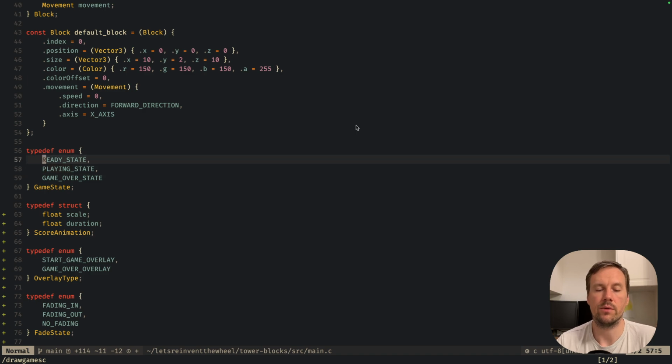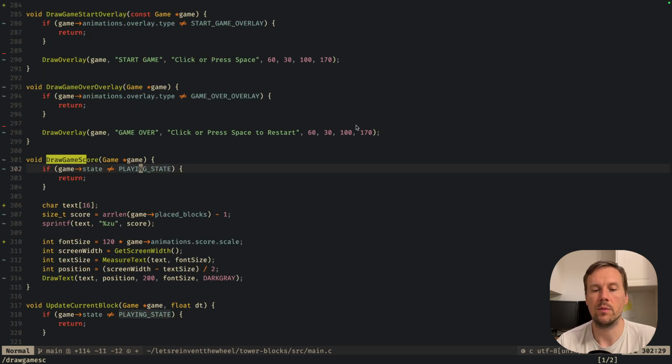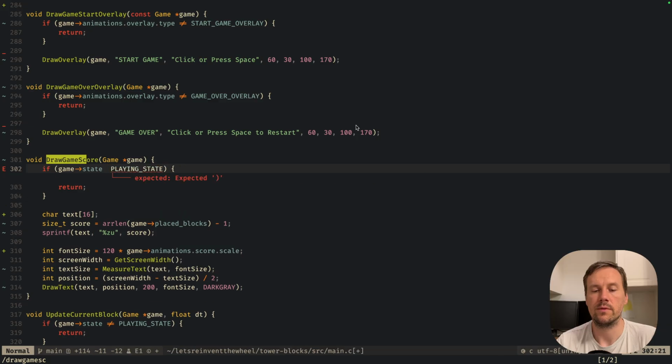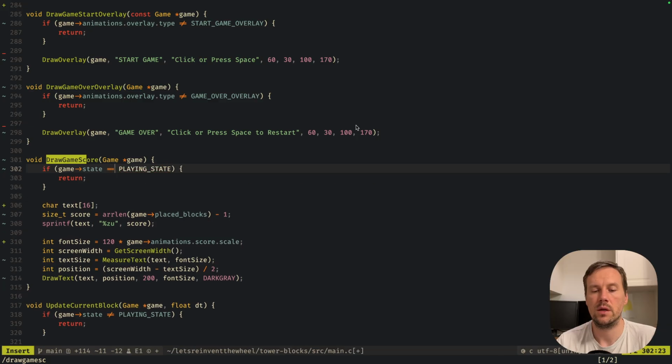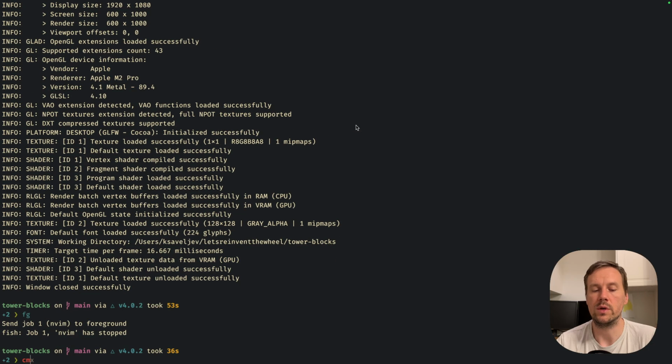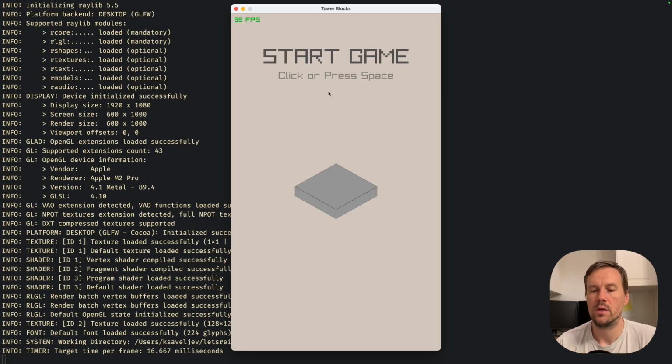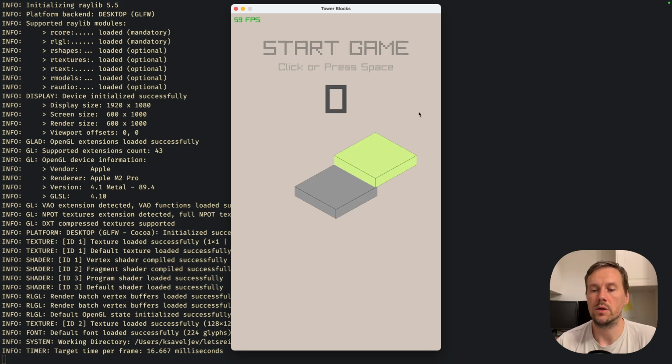And we really have only 3 states: ready, playing, and game over. So we can really say that, okay, if our state is ready state, so when the game hasn't started yet, hasn't even run once, then we don't show it, but otherwise always show it. So initial game start, the score is not shown. We are starting to play,